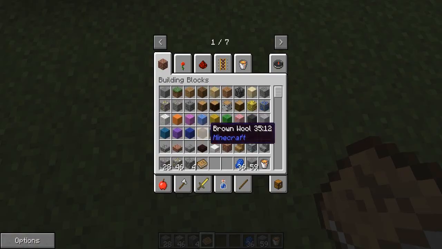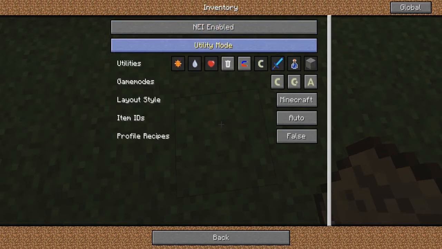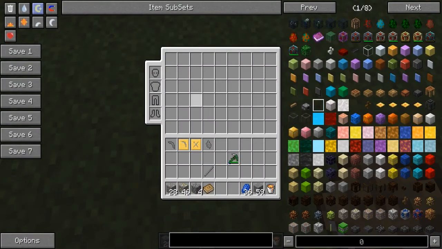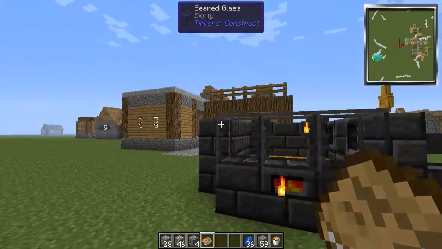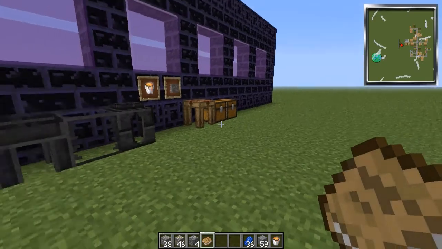Oh damn it, that's a problem. I should probably check that first. Oh well, screw it. Anyway, so you go through and you can check your recipe mode